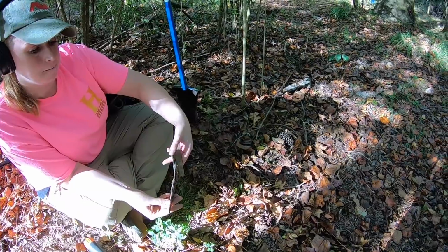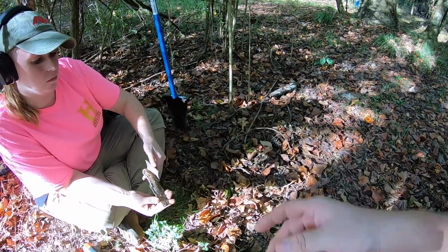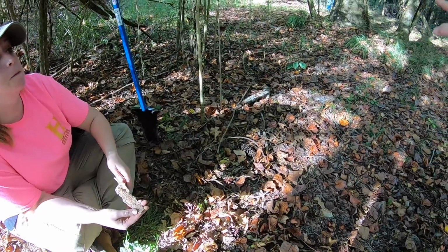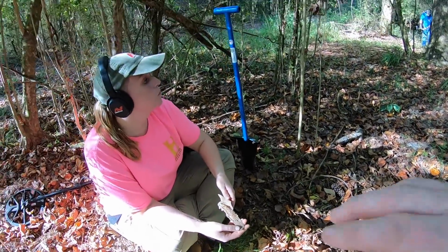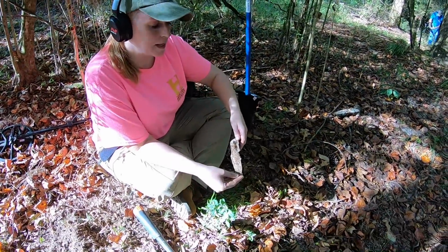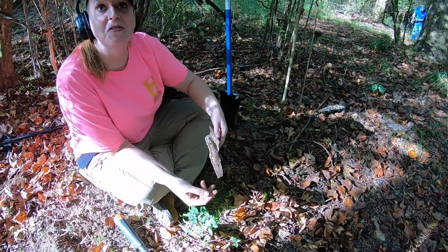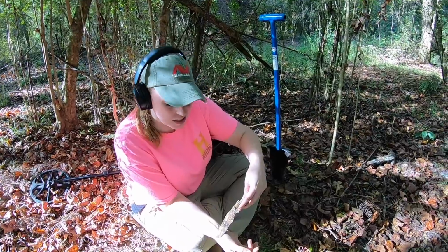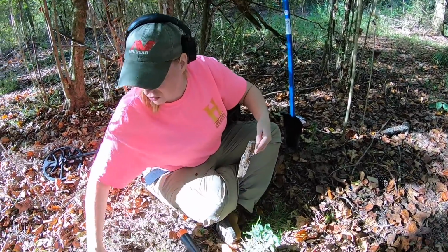Yeah, just put that in your pouch and be careful with it. I might have to just carry it out. Yeah, set it by a tree and we'll get it on the way out, so we preserve the wood. Because I think Scott probably already flicked his off because we were trying to figure out what it was. I said it's wood, and he said, I don't think so. But now that we pulled it out directly from the ground...